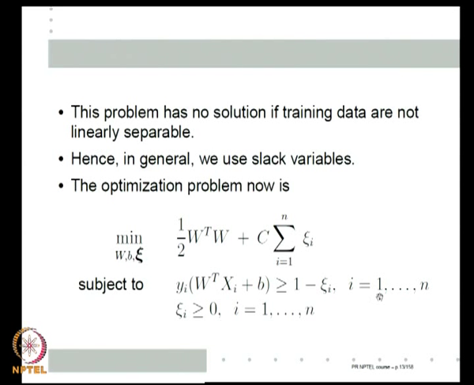If ξi are 0, then it will be like the whole solution. But even if I do not have a separating hyperplane, then I would like to satisfy these constraints as much as possible. So, I use slack variable ξi and add the summation of ξi to the cost function. So, I minimize W transpose W plus some constant times summation i equals 1 to n ξi. This tells me the total violation of my constraints. C is a user specified constant.